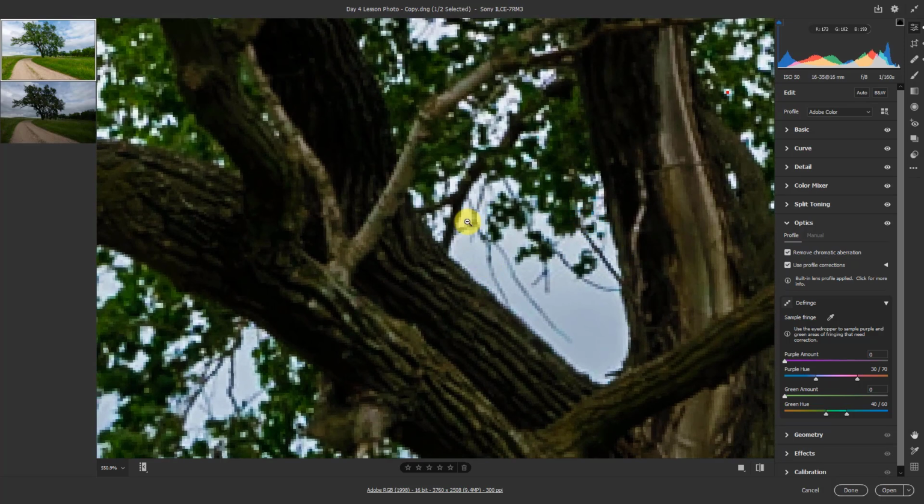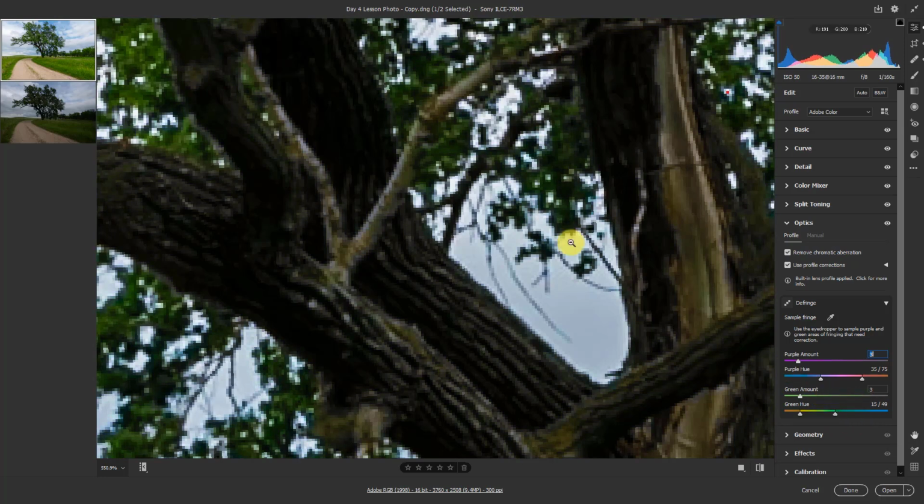Well, you see there's a little slight purple amount on the edges of these areas and a little bit of green. You just bring the green hue up and it starts to get rid of that green hue. You bring the purple amount over and it starts to get rid of some of that purple hue. Now I usually go about 3 on each, but then I find the hue of that exact purple that we saw on the edge there, and then the hue of that exact green that we saw on the edge there